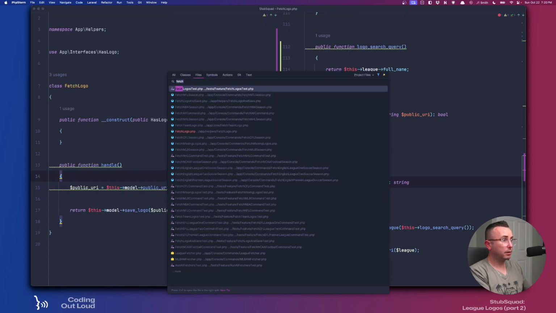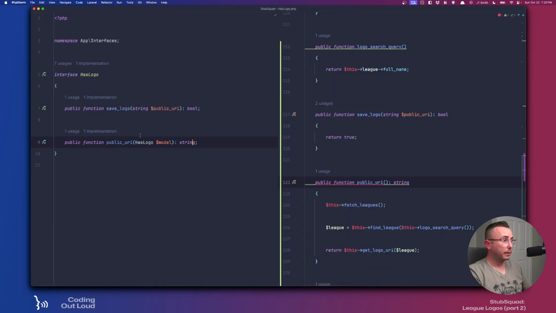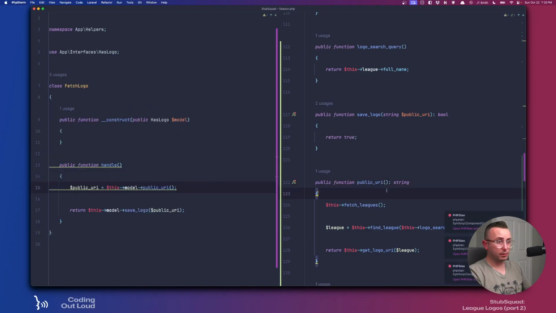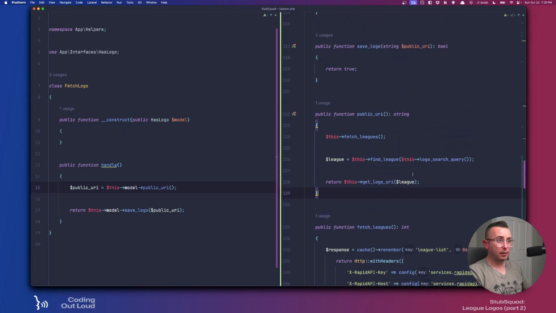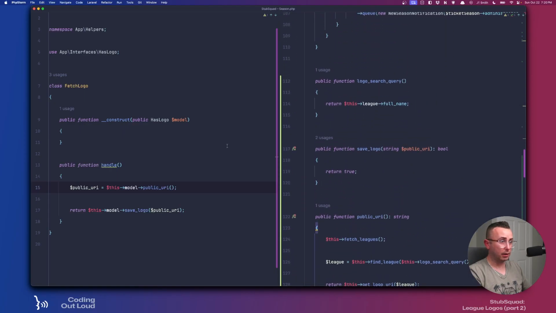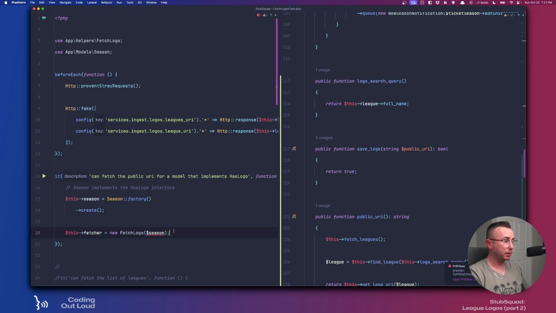URI, right. Has logo. Because we know it's a has logo. Okay, so public URI. Oh man, those are going to drive me crazy. Right. Okay. So when it's constructed, it takes in a has logo model. Then you can call the handle method on it. Right. Okay. So now we want to say